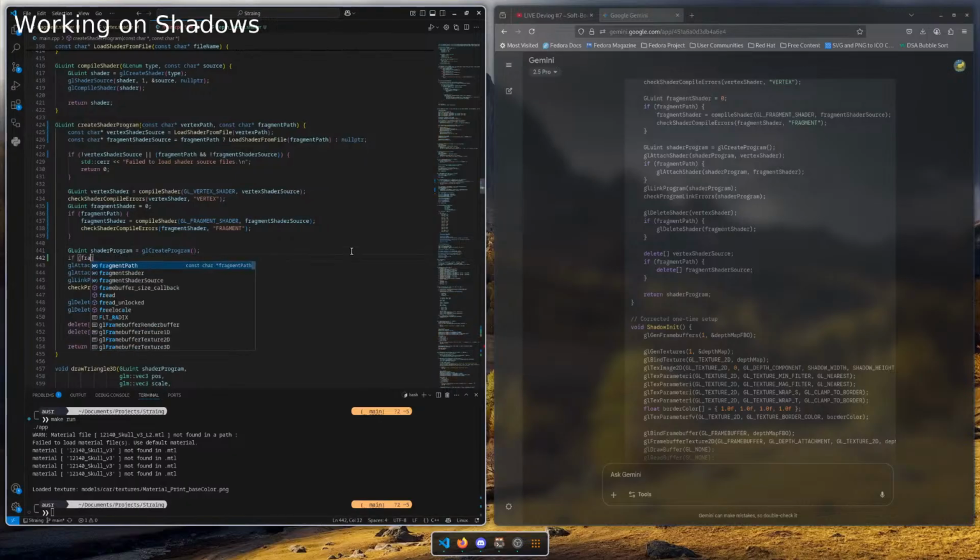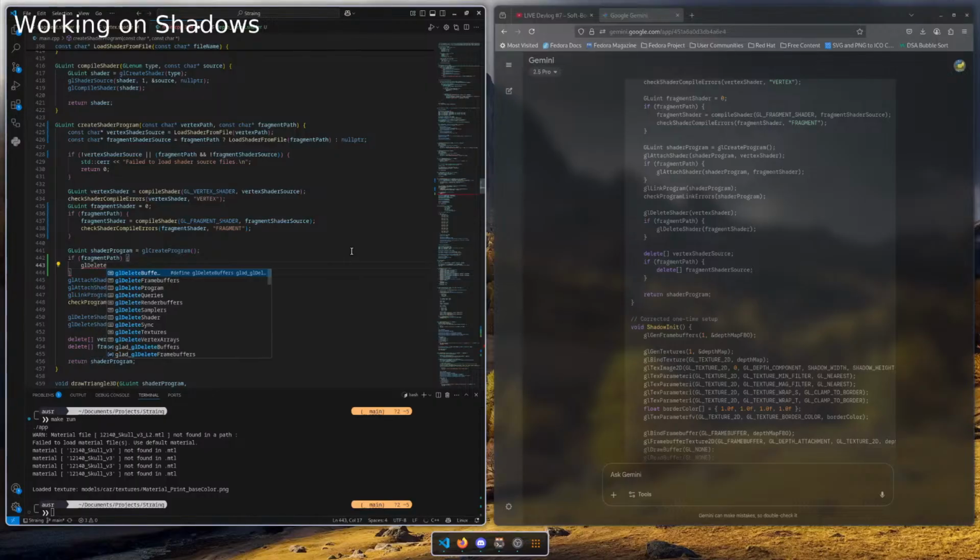If fragment path, GL delete shader, fragment shader.